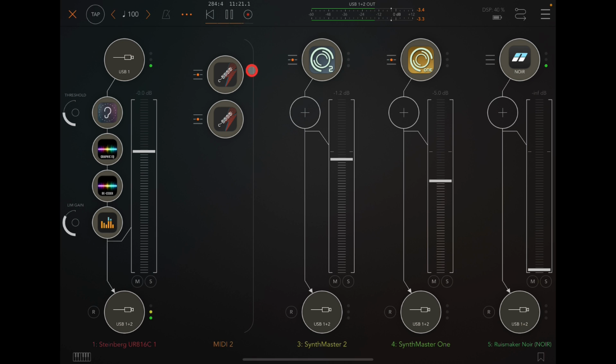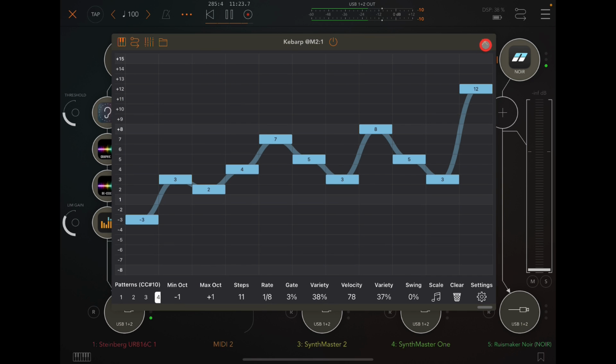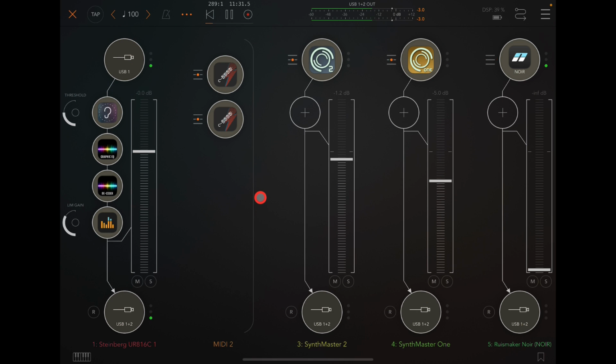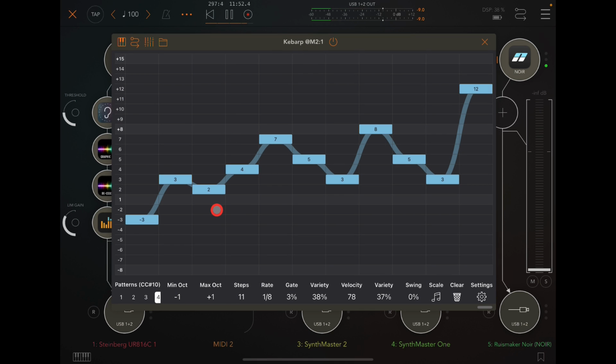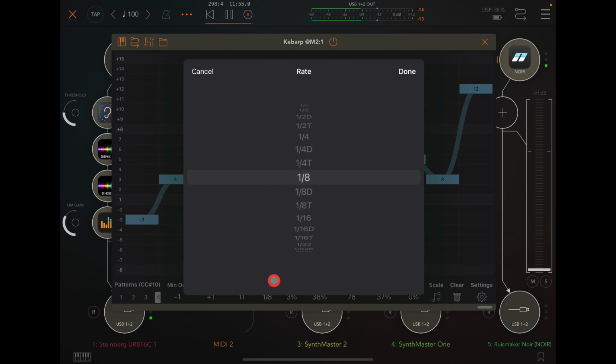That was Kebarp by Olcay, and awesome stuff. Another epic app, really useful, great stuff. Just feed it some MIDI from somewhere, like I was using my keyboard, but you could use Helium, Atom, one of the MIDI sequences, one of the other Bud apps, of course. And yeah, just have a blast. You could add 3, 4, as many as you like. Works nice on plucky sounds, but if you have the sequencer running really slow, say the rate was super slow, like half or something,